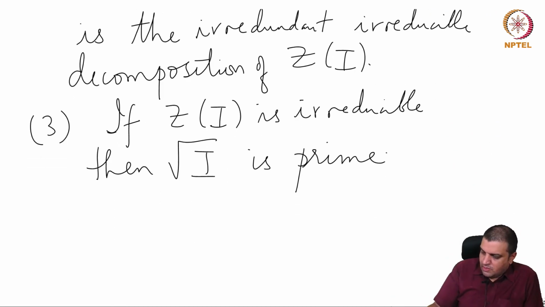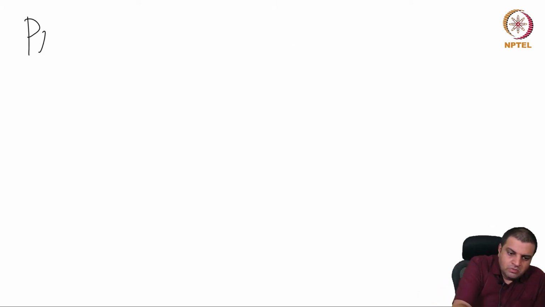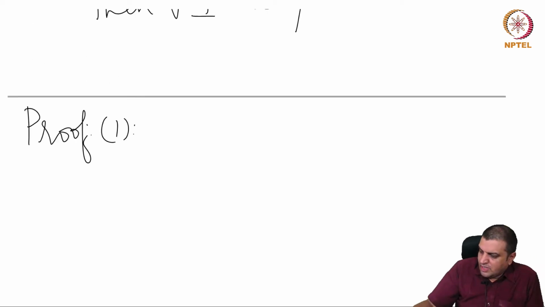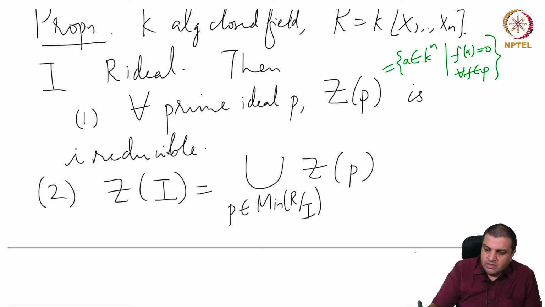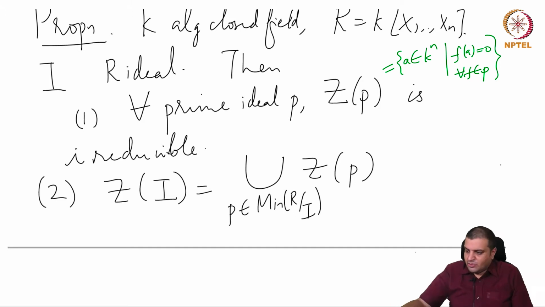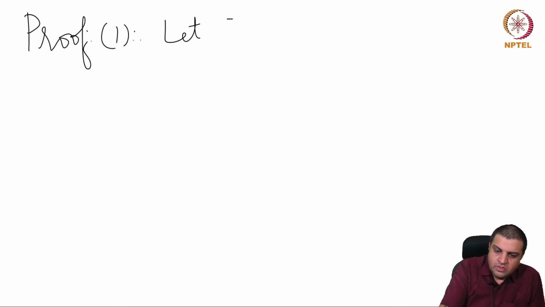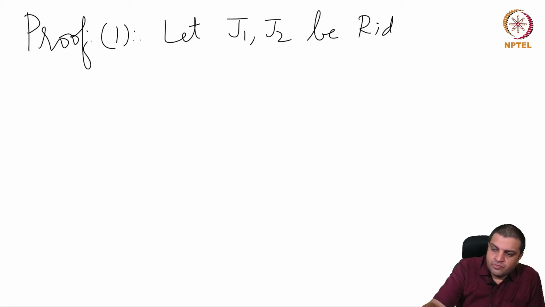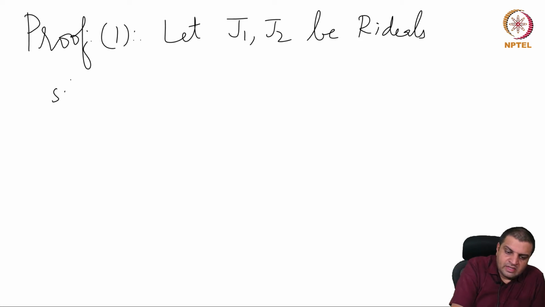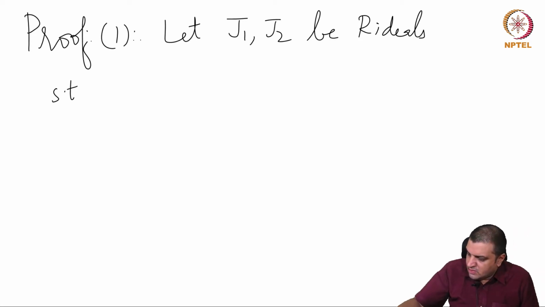So let's prove one. One is the statement that for a prime ideal P, Z of P is irreducible. So let J1 and J2 be R ideals such that, let me just remind you,